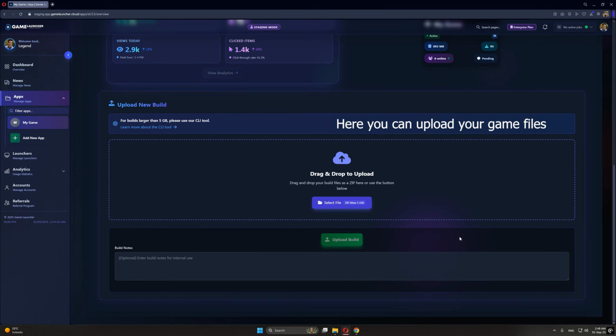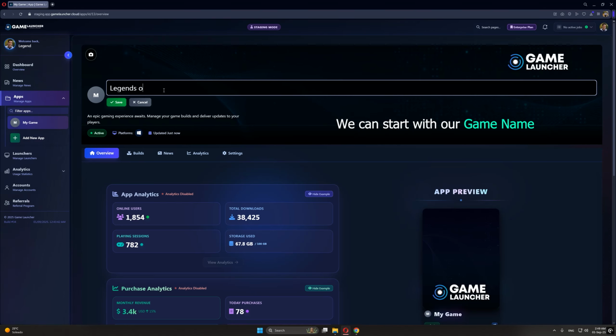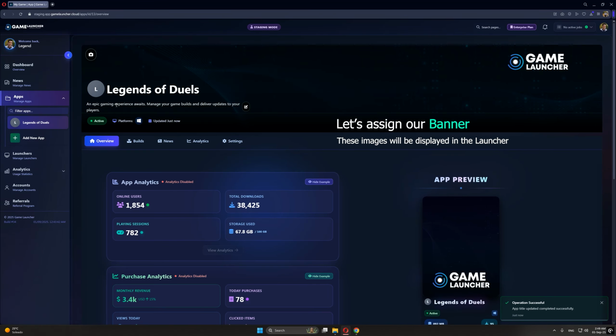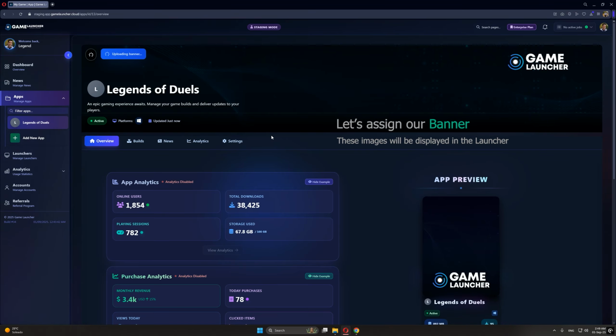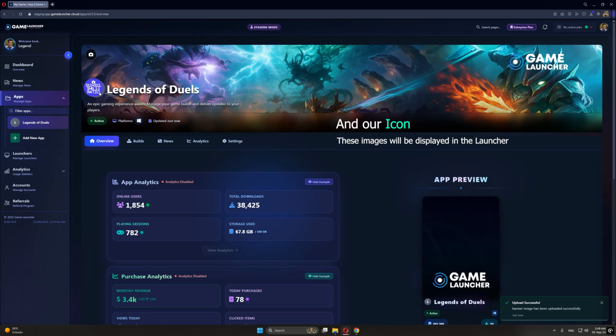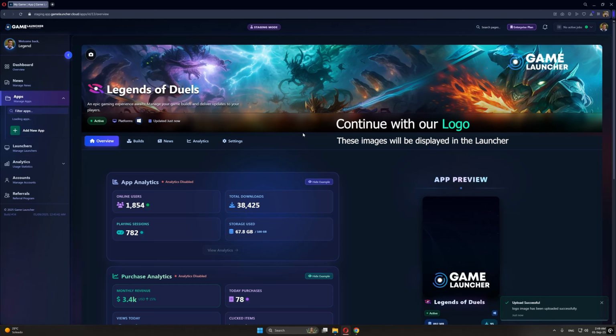Next, you can upload your game's compilation files. But first, let's start by updating our game data. All of this data will be displayed in our launcher. The required image dimensions are displayed when you hover your cursor over them. In fact, they are the same dimensions used on Steam. Looks great, right? The best part is that these images will be reused both on the page you manage and in the launcher. So you don't need to worry about creating more images.